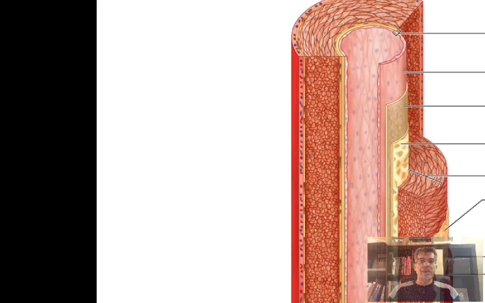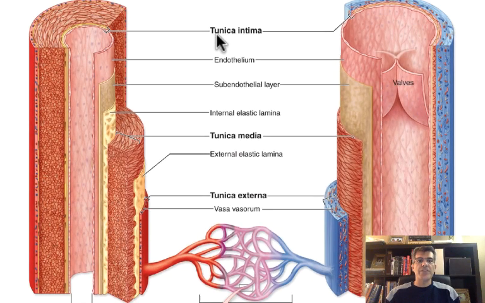Both artery and veins are composed of three layers. Each layer is called tunica. So we have tunica intima, tunica media, or middle layer, and tunica externa, or outer layer. Before we go through all these three layers, let's take a look at the picture here and compare the artery